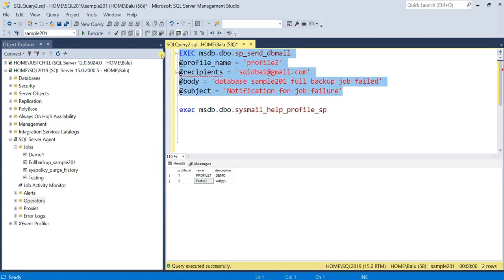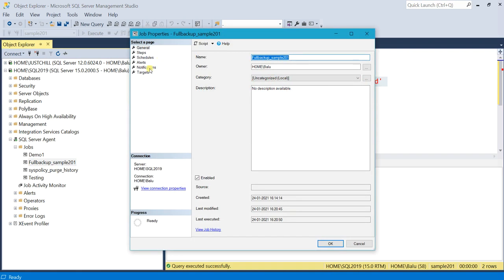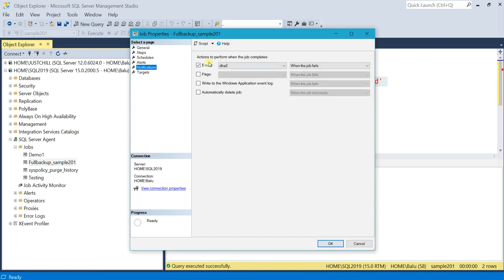So just copy the script and then go to the job. I am using the same job here. Right click, properties. First you need to disable the email action. So I am not going to use SQL Server Agent to send an email notification.